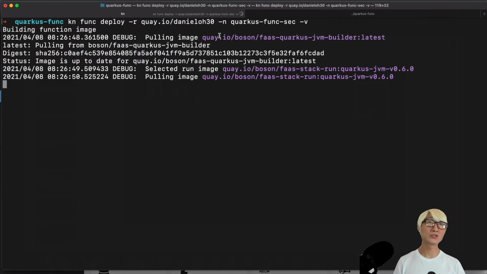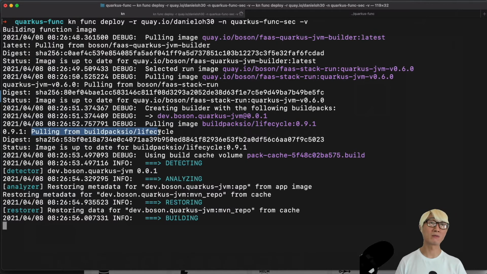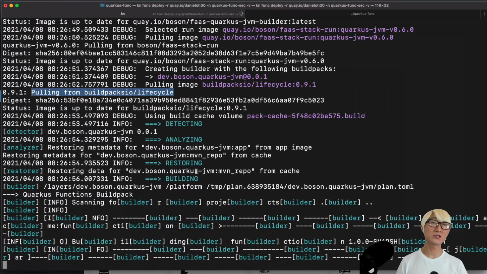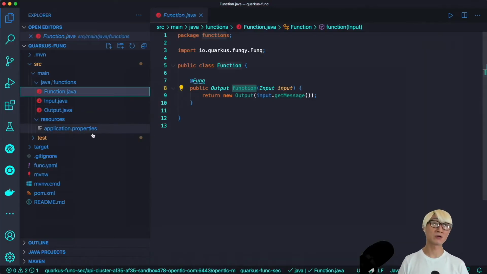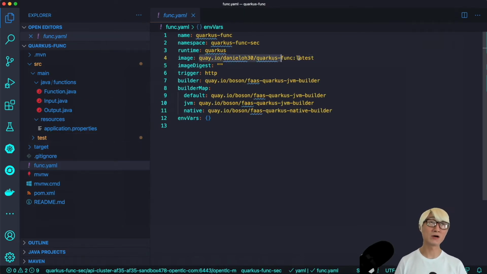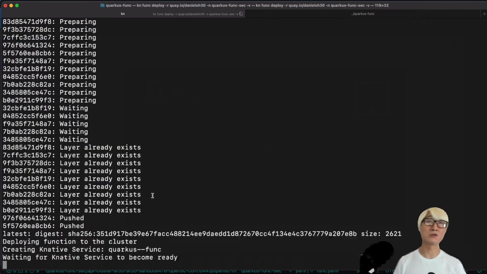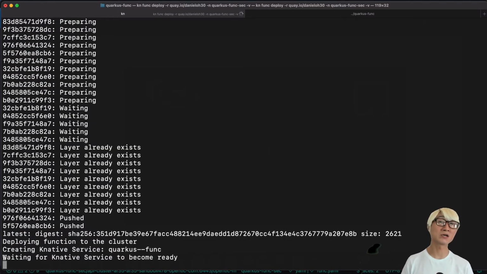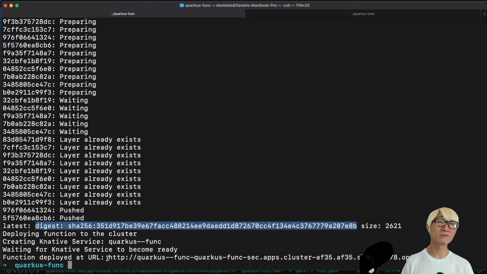So as you see, I'm going to first download and then pull the builder image for JVM compilation. And then behind the scenes, we're going to use a buildpack tool to build this application as a container and then push it to the container registry. In the meantime, when you go to the func YAML file, some of the fields are automatically updated along with the command line and the progress of the logs. For example, the image is already updated, and then one of the things is a digest file is already updated there. So the image digest, and you go back to the func YAML file, is automatically updated, and